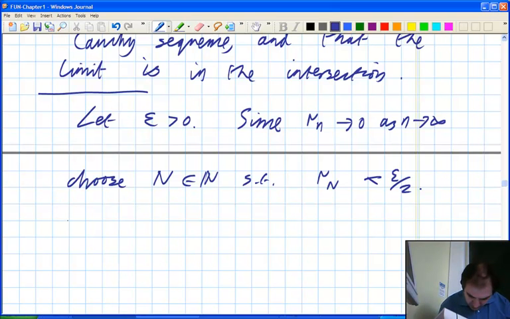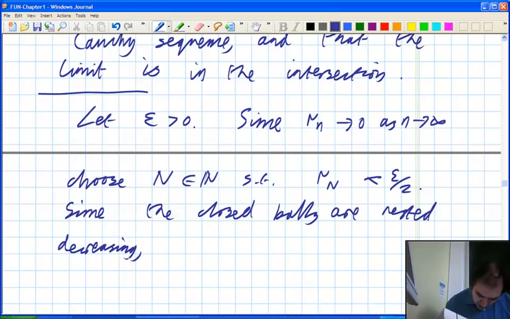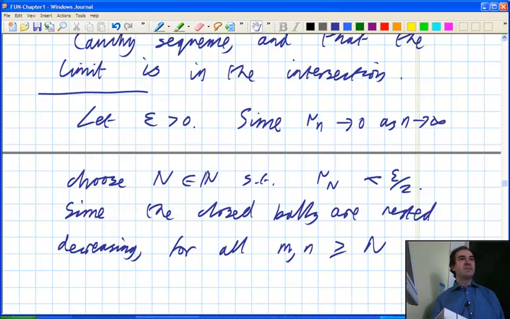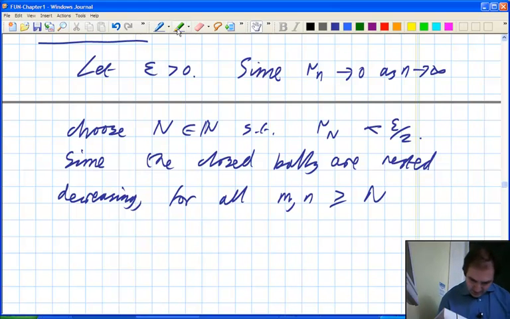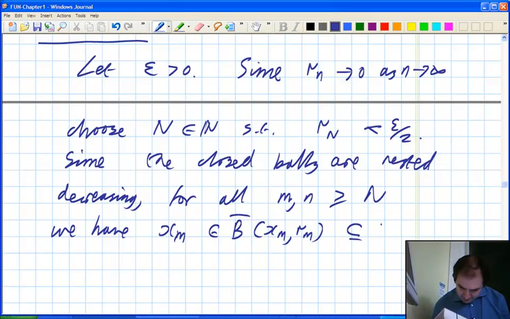Now, since the closed balls are nested decreasing, for all m and n greater than capital N, and of course we're talking natural numbers here, we have xm is in the closed ball centered on xm, radius Rm, that's contained in the closed ball centered on x capital N, radius R capital N,